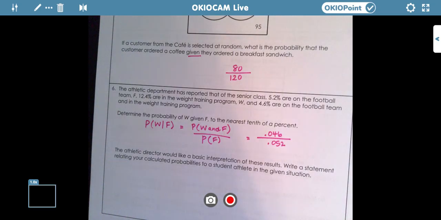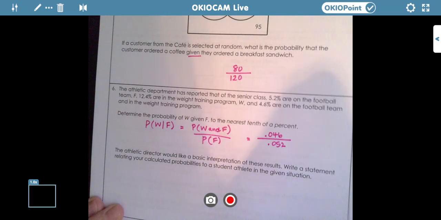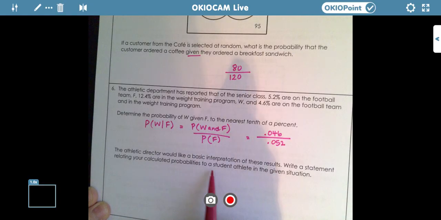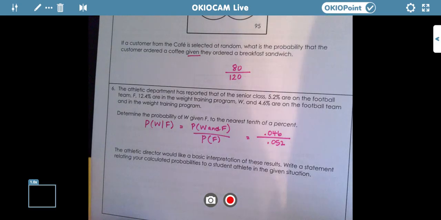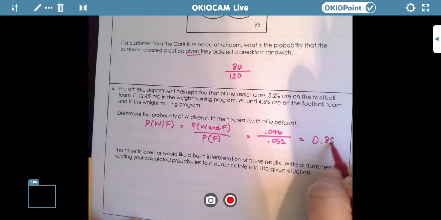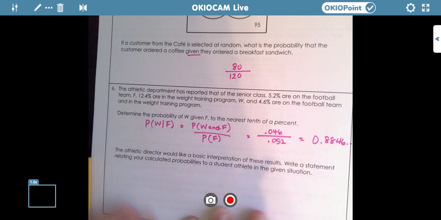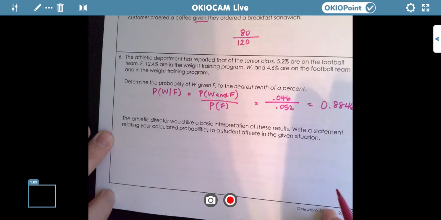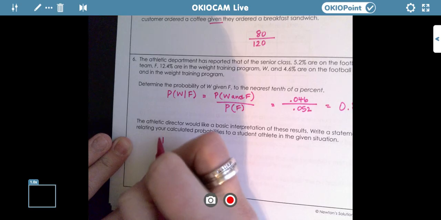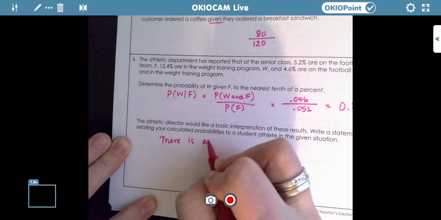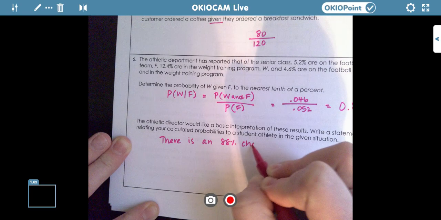And so then if you would like to do a basic interpretation of these results, you would write a statement relating your calculated probabilities to the student athlete in the given situation. So you would want to divide that out so we could see what that really is. I'm going to do that really quick. 0.046 divided by 0.052 ends up being 0.8846... All right, so the way that you could summarize this is saying there is an 88% chance